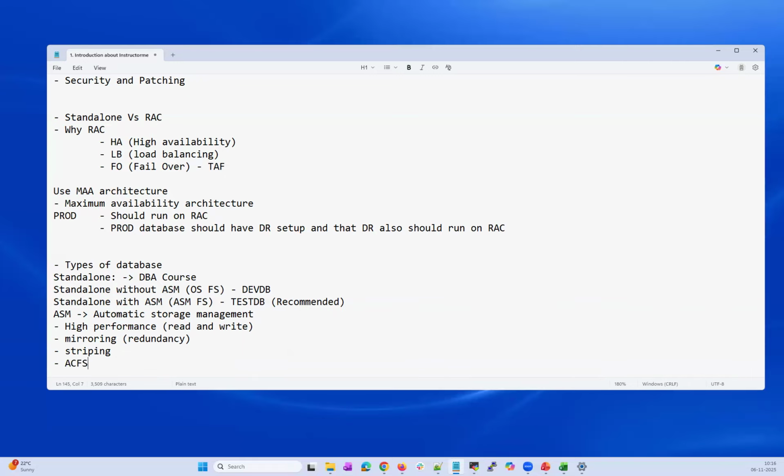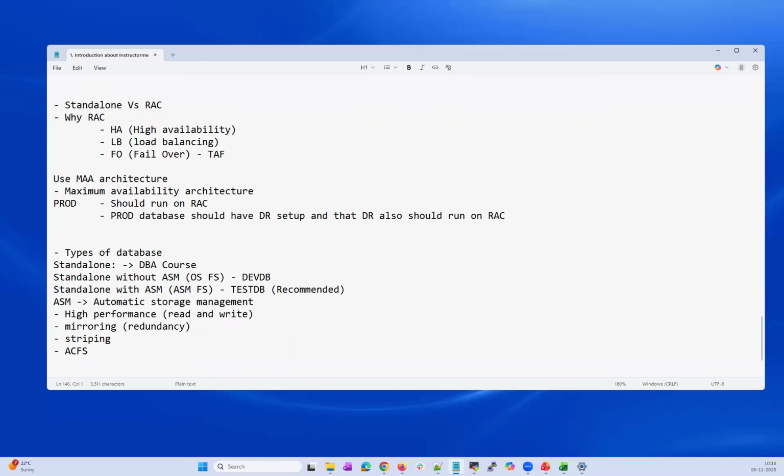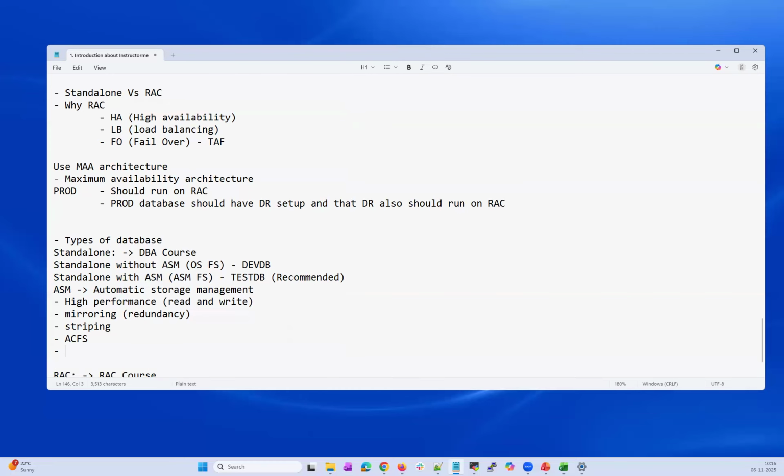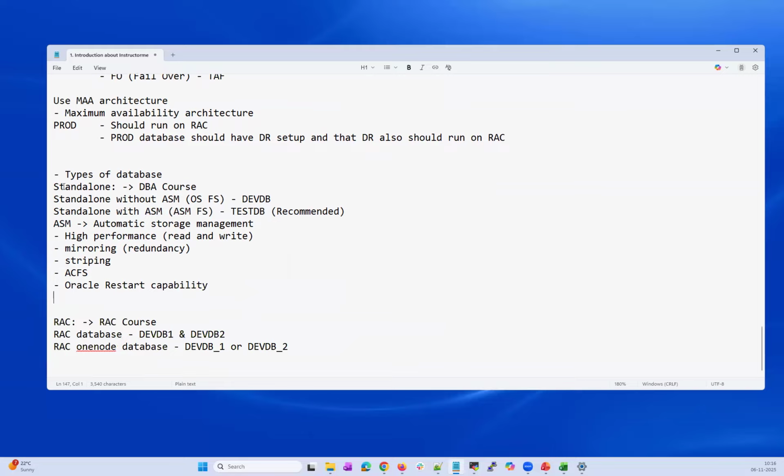Then ACFS, the ASM Cluster File System, and Oracle Restart. Many other advantages.